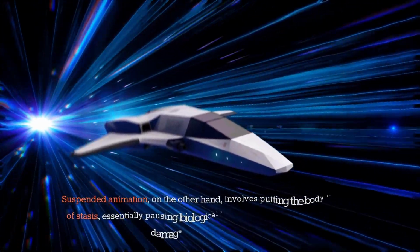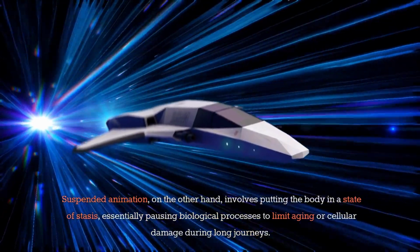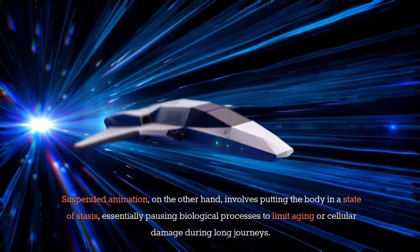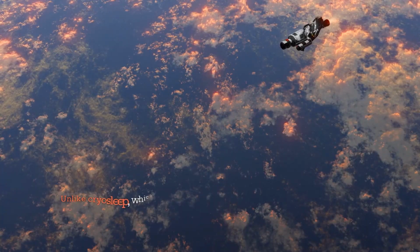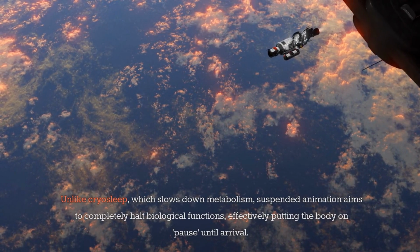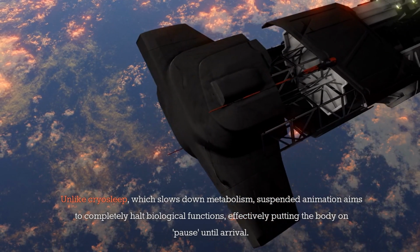Suspended animation, on the other hand, involves putting the body in a state of stasis, essentially pausing biological processes to limit aging or cellular damage during long journeys. Unlike cryosleep, which slows down metabolism, suspended animation aims to completely halt biological functions, effectively putting the body on pause